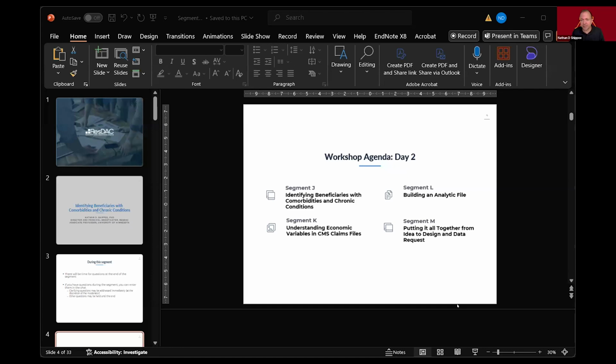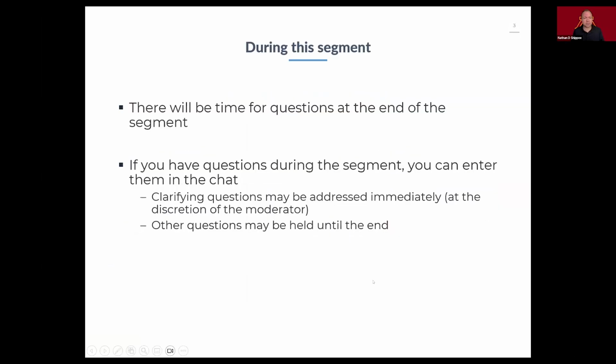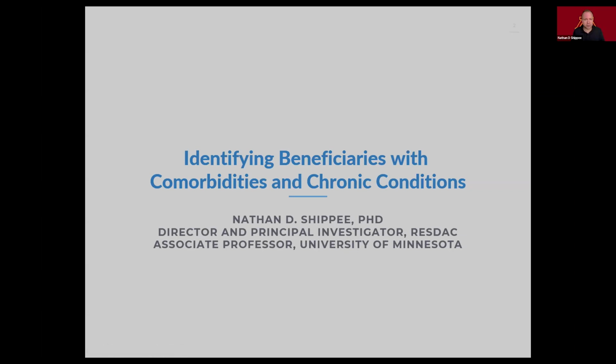One thing I want to note as we're getting started is that this segment is going to serve a few different purposes, and so it's not really just about identifying chronic conditions using particular algorithms or those kinds of things. There are a lot of lessons to take from how we use administrative claims data and the information that we can get out of them. And so that's one of the reasons why we still include this segment.